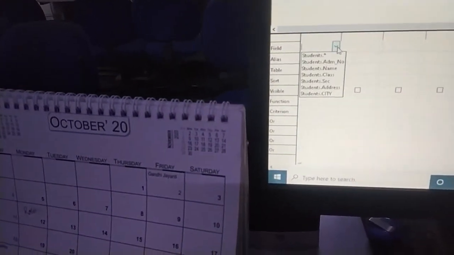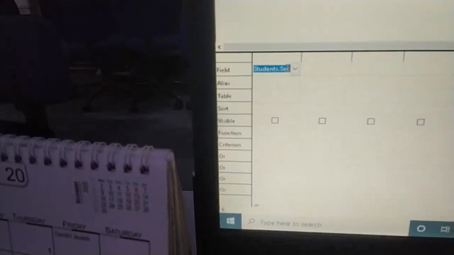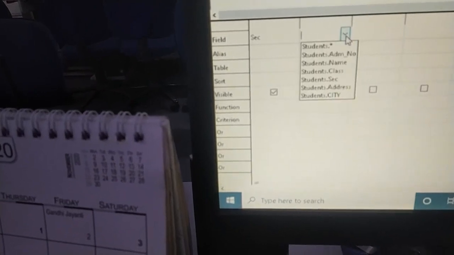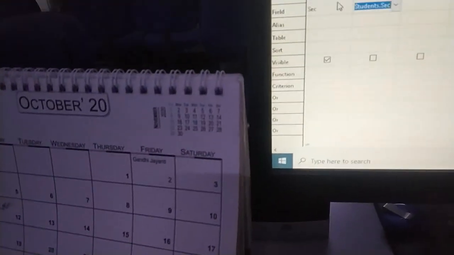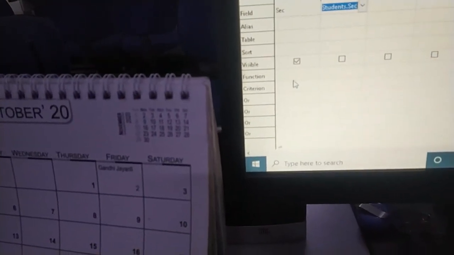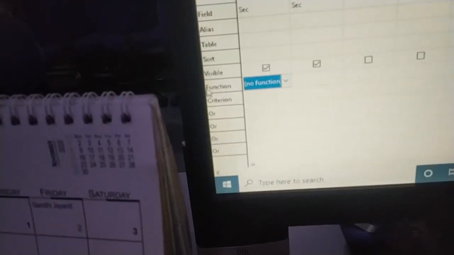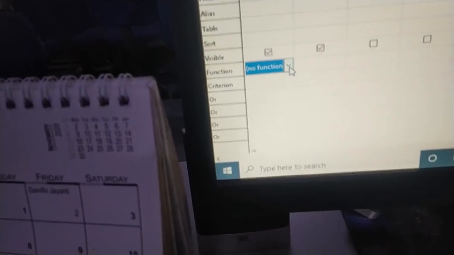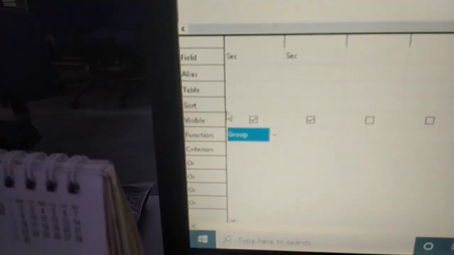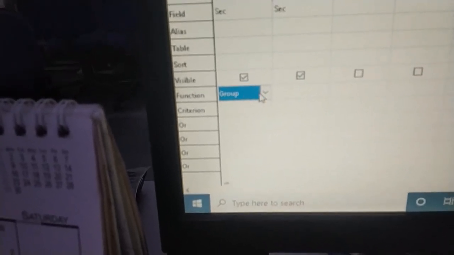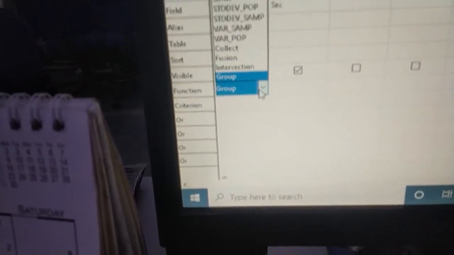Now select the field on which you want to have a group by. So section I have taken, and then I can say again section here. Why is it? First you have to select the field on which you want the group by clause. Here, just above the criteria, there is a function field. So go to the field and say group, since I want to use the group function on the section column. This must be very clear. Whichever field you select, then go to the function group and select the group. Here we have a mini function, you have to select the group.